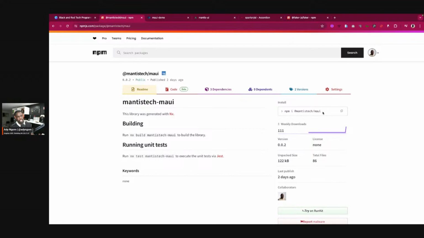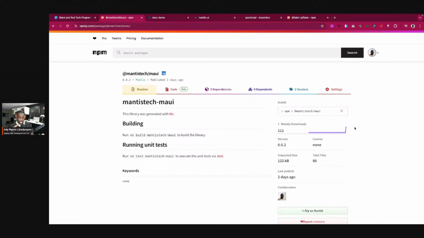And with that, you can just run it as your normal generators with NX Generate. And then we have two generators, Maui or Tailwind CSS. But if you just go with Maui, it's going to check if the project that you're targeting already has Tailwind CSS installed or not,